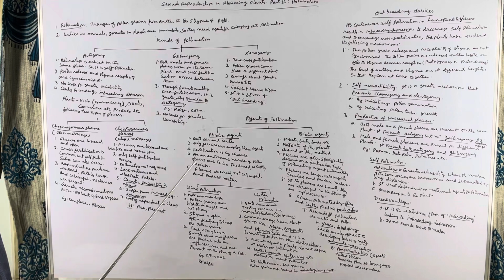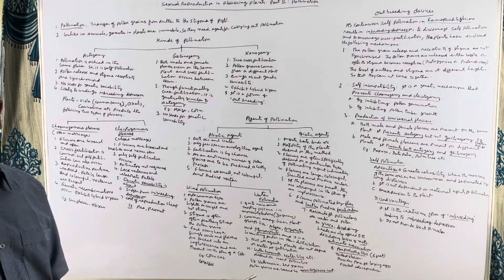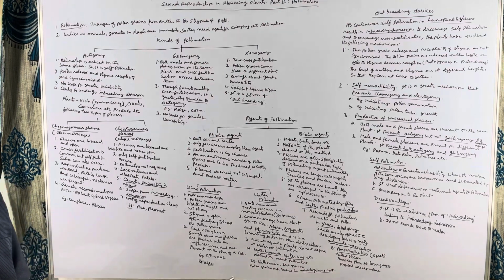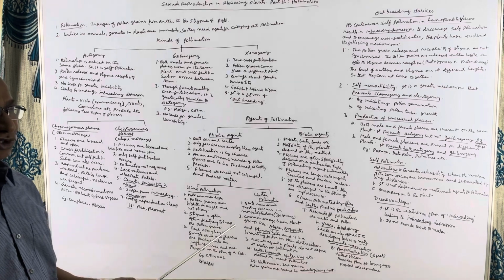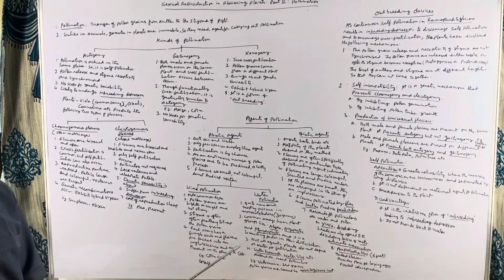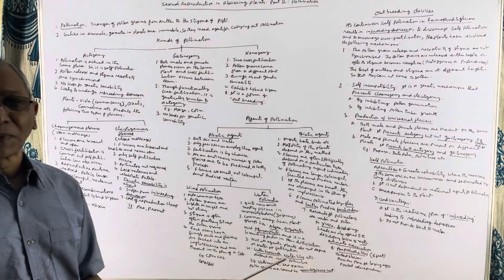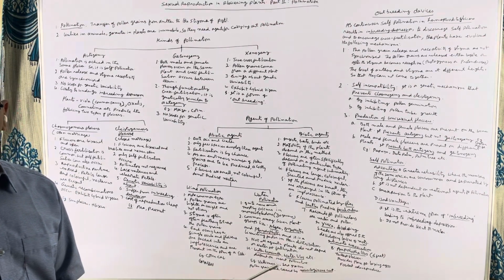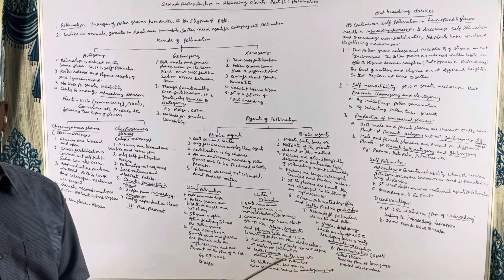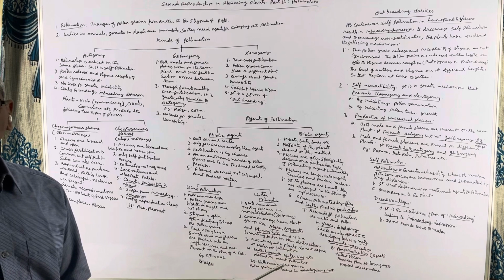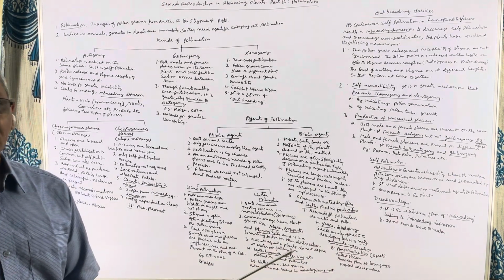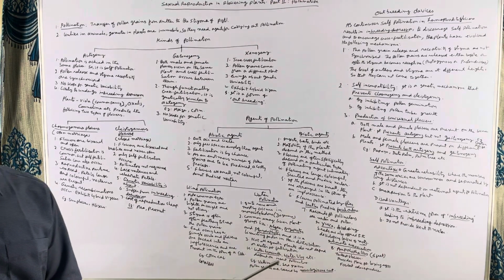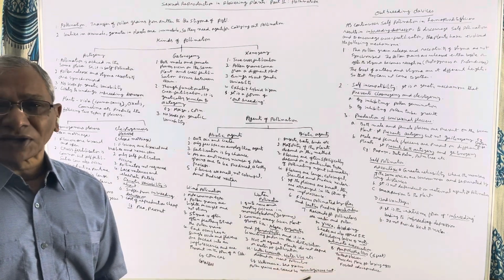The third type is xenogamy. This is true cross-pollination. In this type, the flowers may be bisexual or unisexual, but the pollen grains always come from a different plant. Though the flowers are bisexual, self-fertilization is prevented in this type of flowers because the release of pollen grains and the receptivity of the stigma are not synchronized.